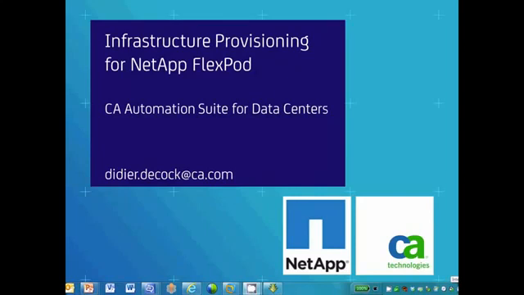Hello. In the next 15 minutes or so, we would like to introduce you to CA's solution for infrastructure provisioning on the NetApp FlexPod architecture. My name is Didier de Kock. I'm a pre-sales consultant in CA's virtualization and automation CSU, and I've been working with our automation suite for about